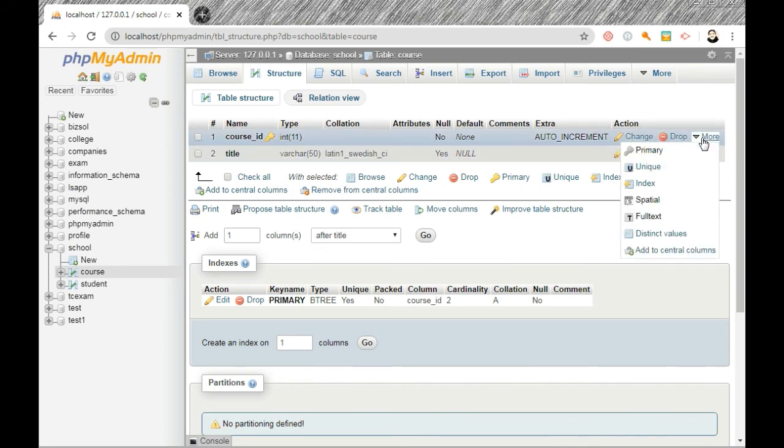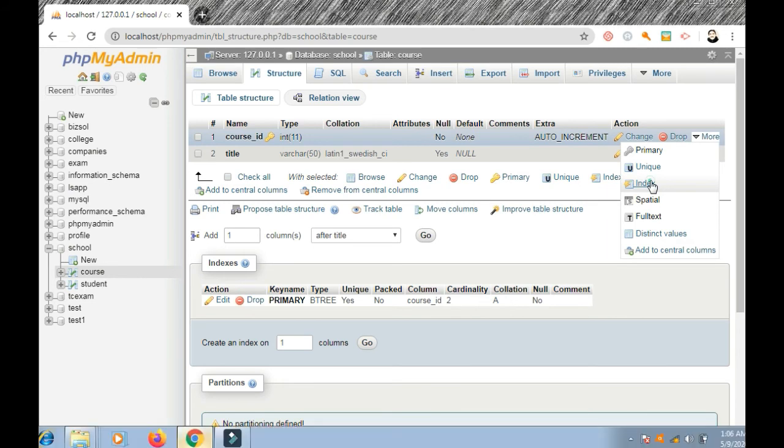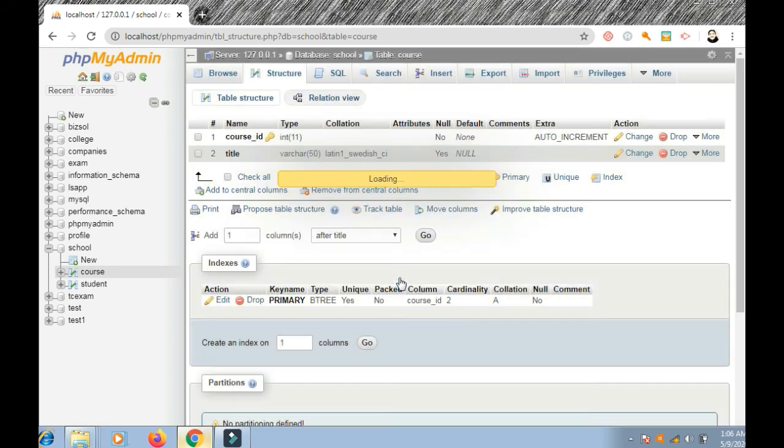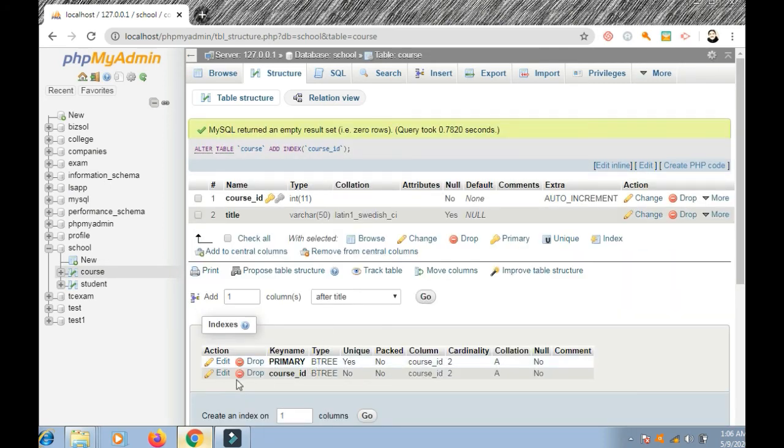Okay, so ID, create index. Okay, I create index and now it is loading. So this is the index.